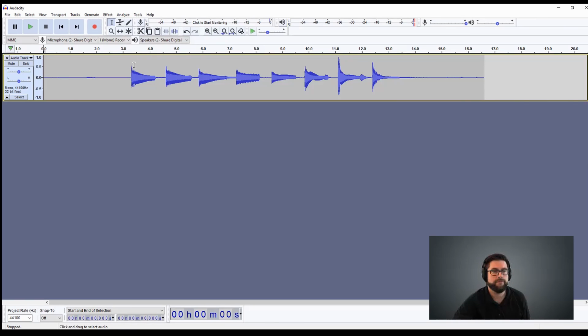Now, the waveform is a little bit nicer. I don't see any clipping. Let's just play it back. Perfect. Now, a couple of things you can do right away if this is your sample that you want to